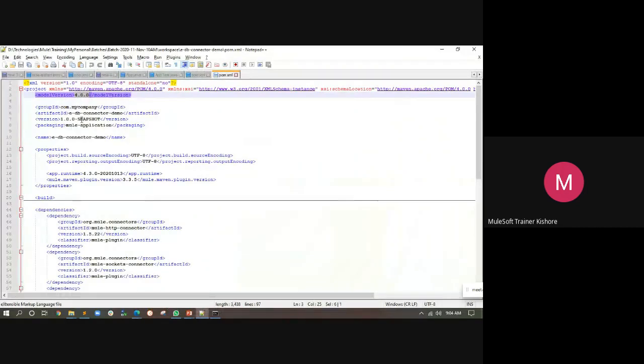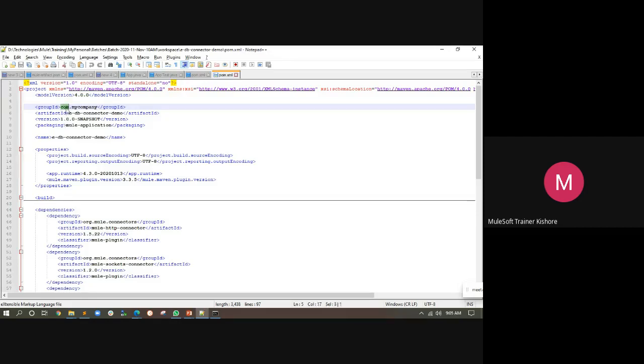Group ID is something like your package name in Java, to which group this belongs. Inside my company, if it is part of training, it will be .training. If it is part of some other functionality, you will provide that group ID.